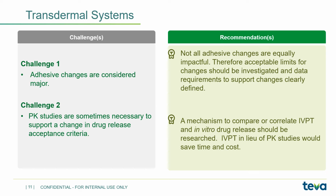However, for a large number of products, IVPT is a valid tool to establish bioequivalence. So can the IVPT be used for justifying any changes to the in vitro drug release specification? So what we would recommend is the development of a mechanism to compare or correlate IVPT and in vitro drug